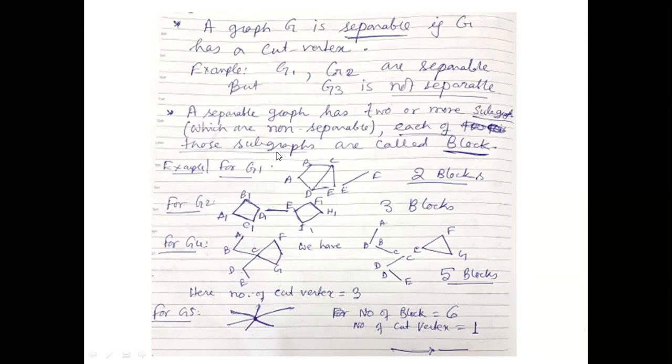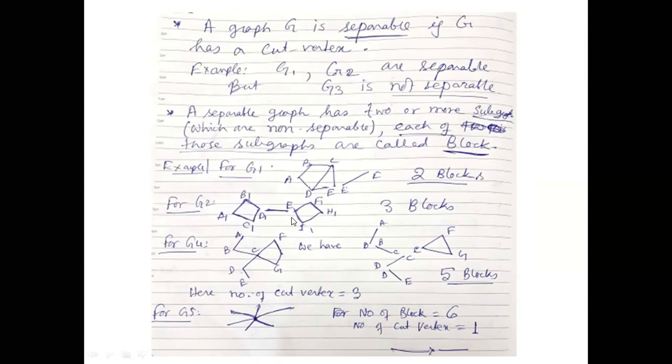Each of those subgraphs is called a block of that graph. Let us go for an example. For the graph G1, E is the cut vertex, so it has two blocks,